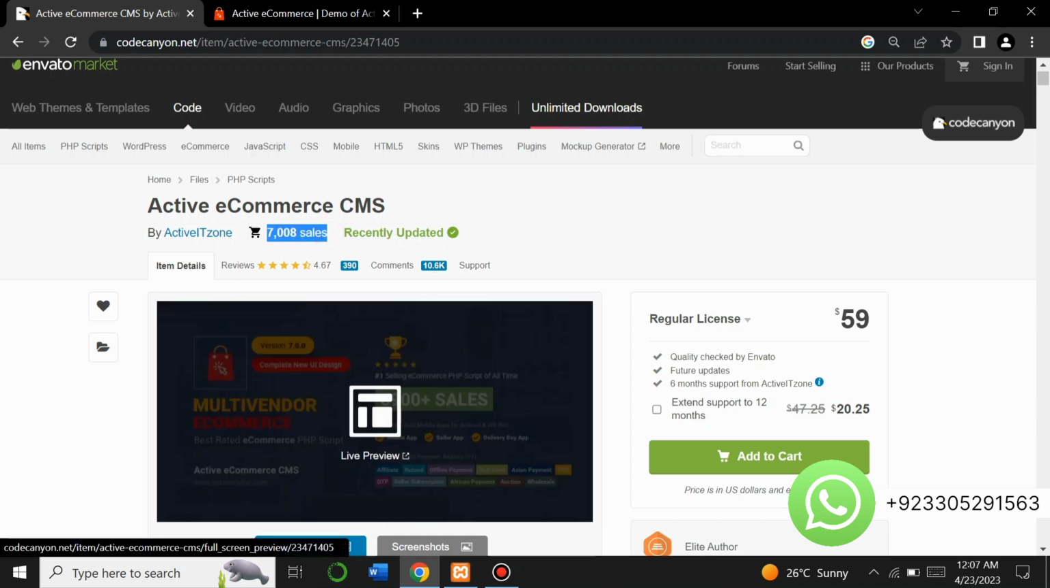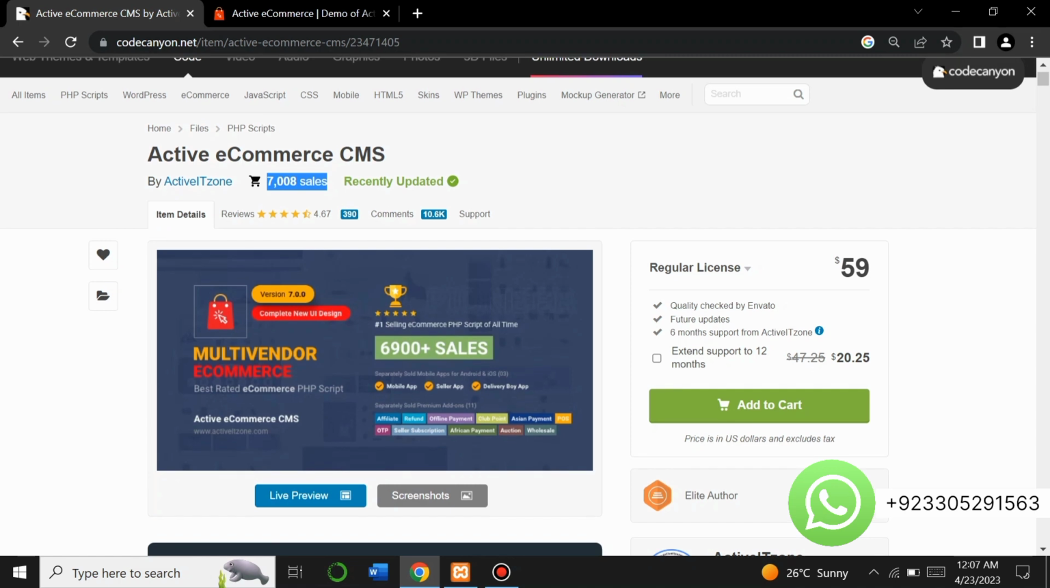So this is a Code Canyon PHP script, and you can see its price is $59. Now if you don't want to spend this much money, and this is only for 1 year. After 1 year you have to extend it with $20. So if you don't want to spend this much money and you don't want to extend it after 1 year,